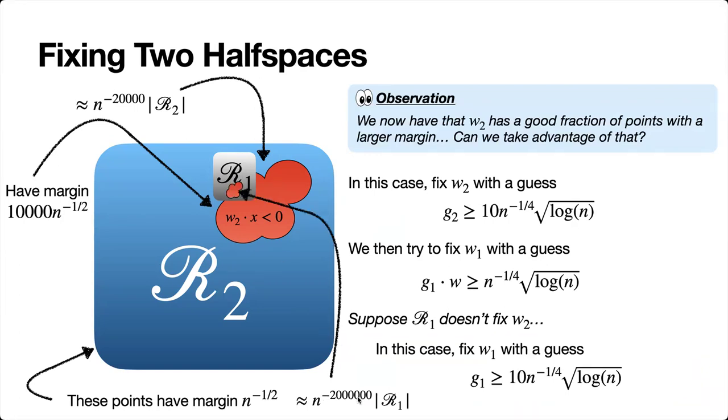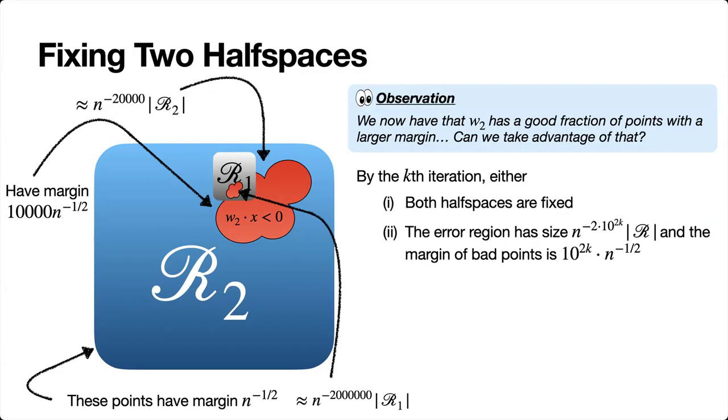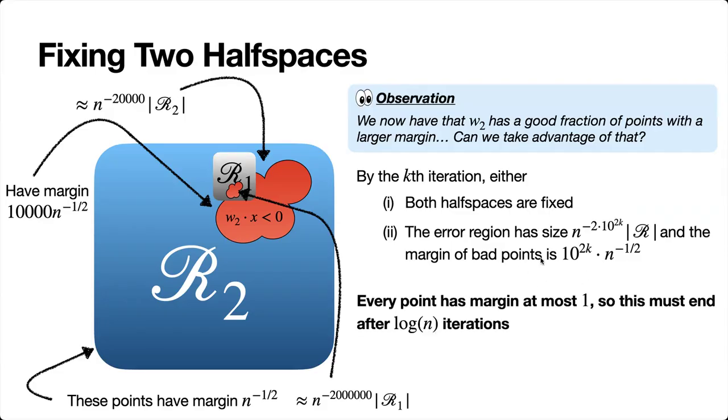It'll be like n to the minus 2 million times the size of this region here. And if we keep doing this, by the kth iteration, either we will have seen a region where both half spaces were fixed, meaning it's constant, and then we can learn and we're done. Or the error region is shrinking doubly exponentially, and the margin is increasing exponentially of the bad points here. Okay, so